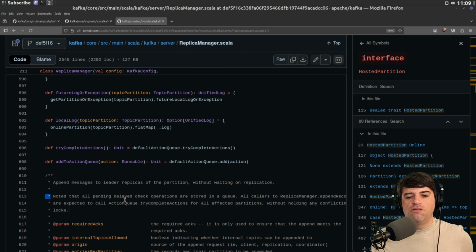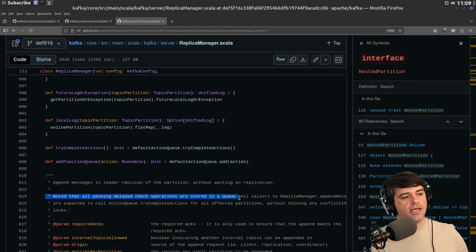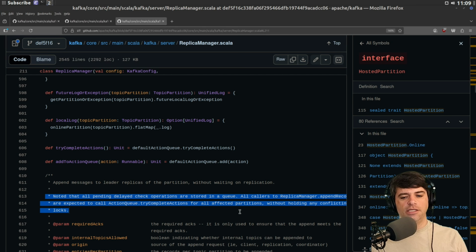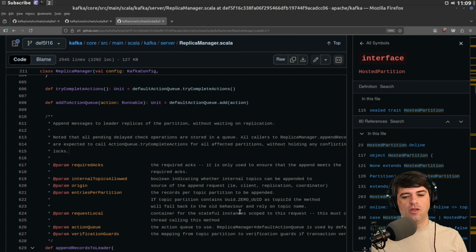Okay, so basically we've locked it, I guess kind of optimistically. And we're going to write all of the data, and that's going to succeed. And then we're going to be like, by the way, is the data we wrote coherent, or is it all a bunch of bollocks? And I guess that's what the try complete actions is about. So you're supposed to do that after you let go of the lock, so that other people can continue writing.